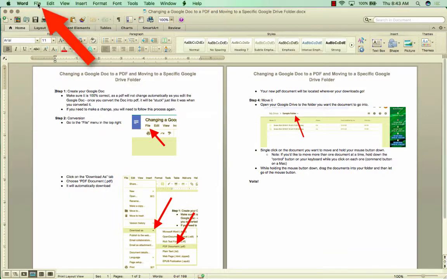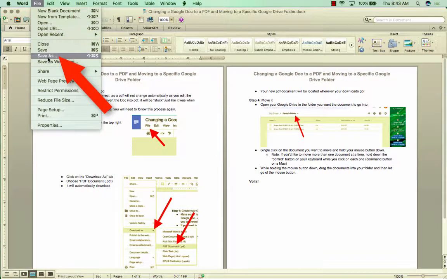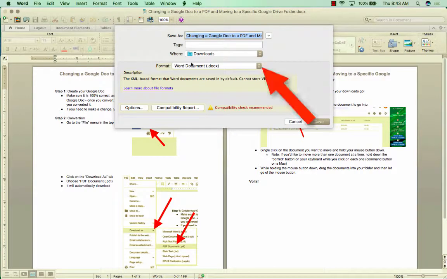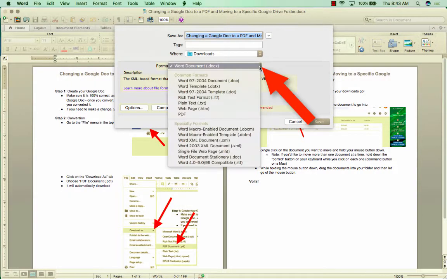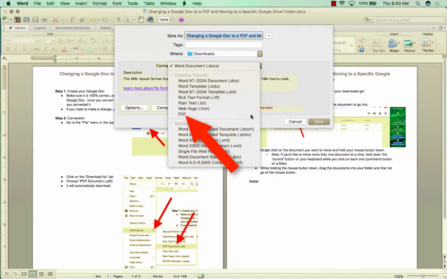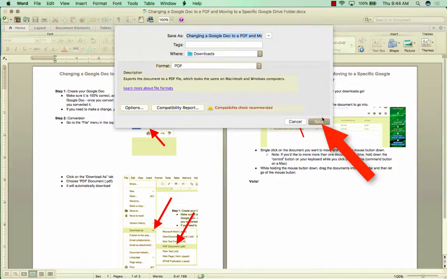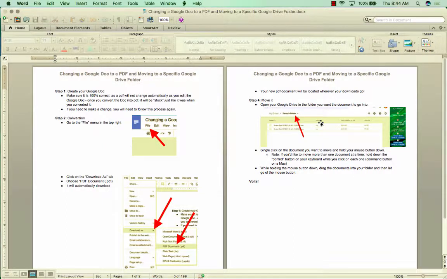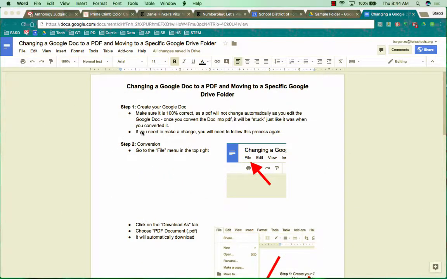to go up here to the File menu. I'm going to go to Save As, and instead of in the Format area having it say Word document, I'm going to change it to say PDF. Then I'm going to click Save, and it's going to save it to wherever I would normally save it to. All done. Next, in order to convert a Google Doc to a PDF, what I need to do is go